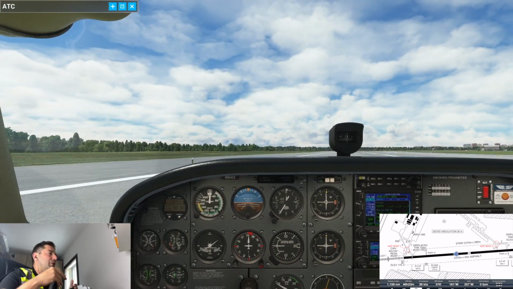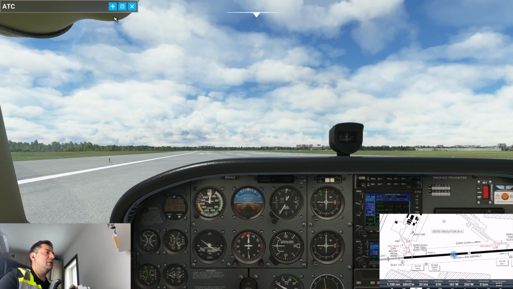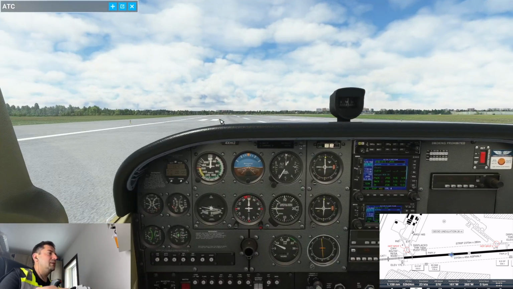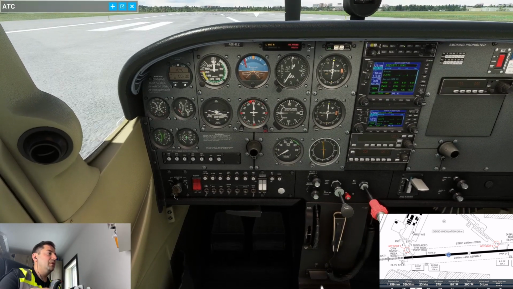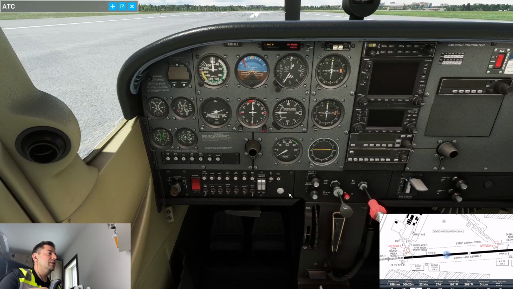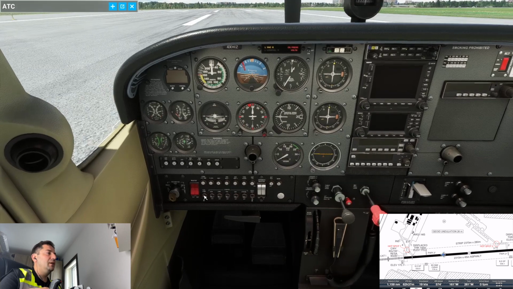And I'm not gonna bore you with the exit, with the taxi. Flaps up, of course. Okay, I'm gonna exit runway when able. That's it. Mixture off. Okay. Master off. Avionics, then master, sorry, avionics and master. And